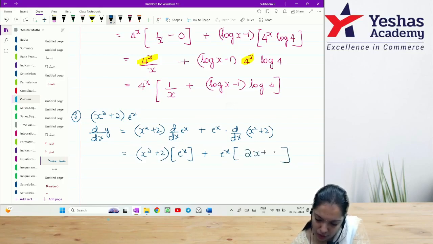What is derivative of 2? 0. So your final answer will be x square plus 2 into e power x plus e power x into